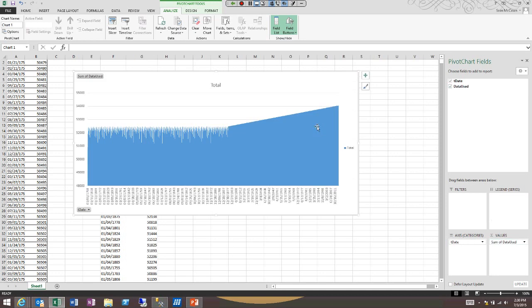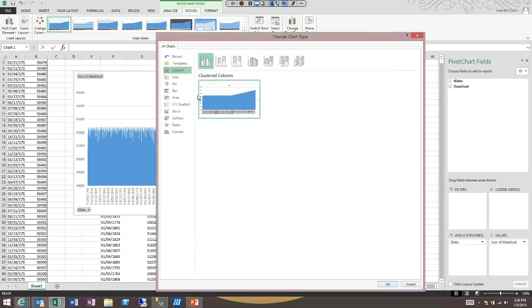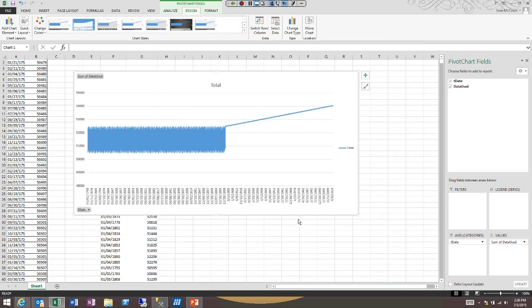So there you go. Now I'm going to change that. I like line charts for this better. There we go. Okay, so now I've got something that I can literally just copy and paste into the email and say, from this time to this time, it went up 150 gigs in the last 6 months. And since I'm asking for a year in advance, that's 300 gigs. So you can justify the space that you're asking from your disk team, right? Okay. Now